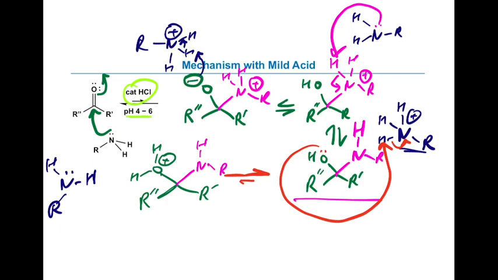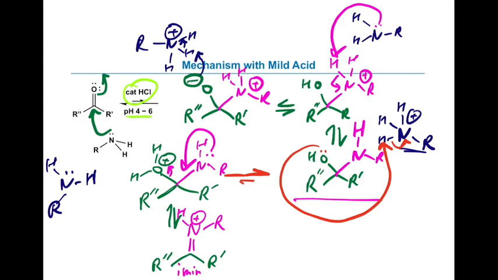Now that we've got the species, we're taking our lone pair, driving it down, and ejecting that oxygen. So now we're kicking out water. What that lets us do, that's relatively favorable. We're going to get our R double prime, R prime, double bond R. Oops, let me draw my nitrogen, excuse me. And because we just closed on this, we're going to have still a proton left and a charge. This is special. We're going to see this guy again. This is not an imine. This is an iminium.